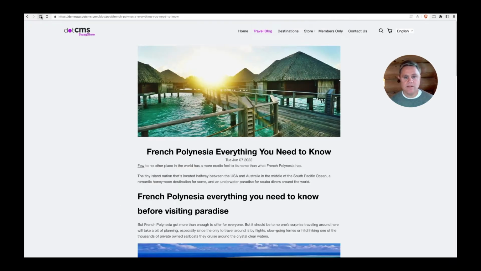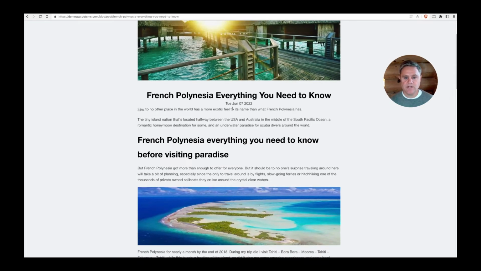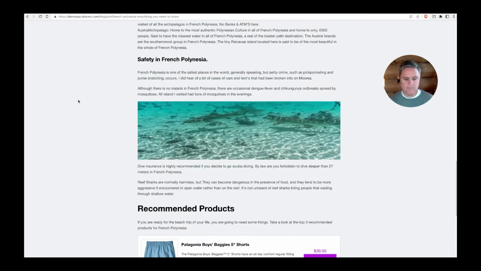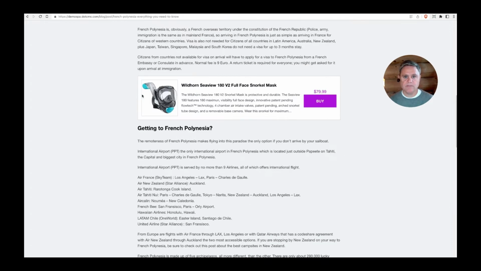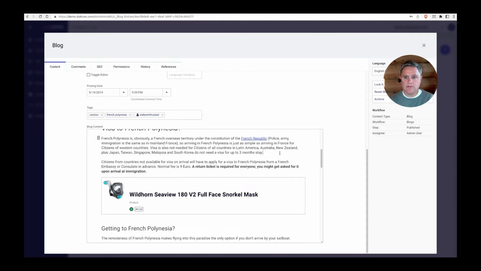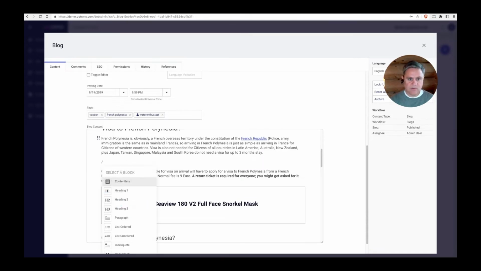But if I come, you can see here to that blog entry, and let me scroll down. Let me refresh this so it'll pick up the changes. And you can see here, I just dropped a product, and this dropped a product component right in the middle of that block. So using this in this way, you can build components to do things like, let's say I want to do a